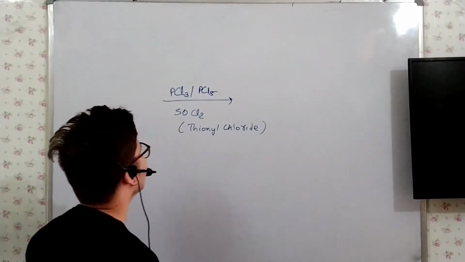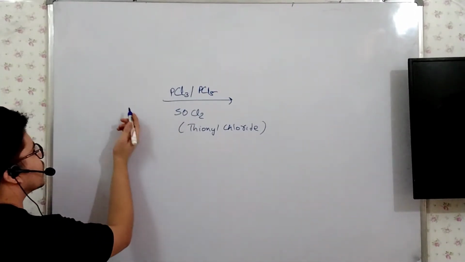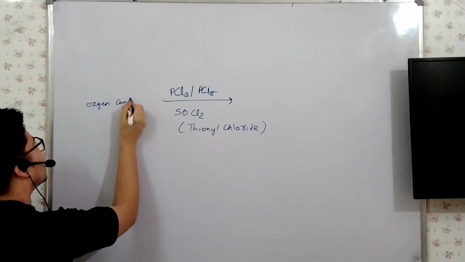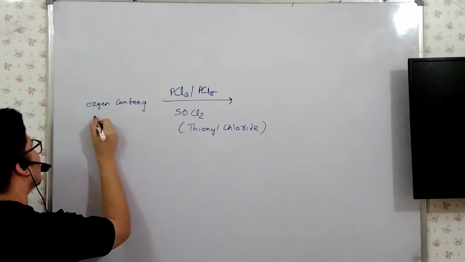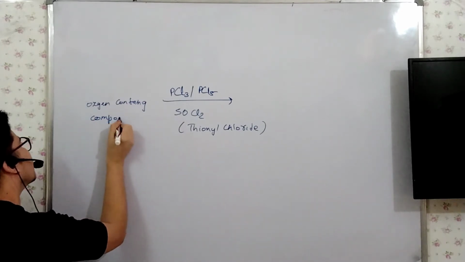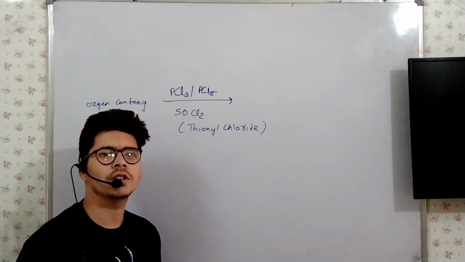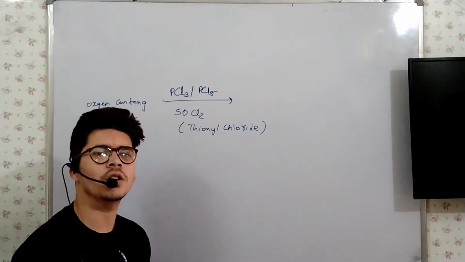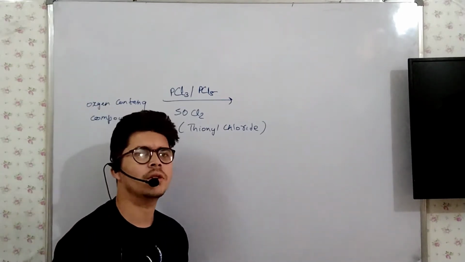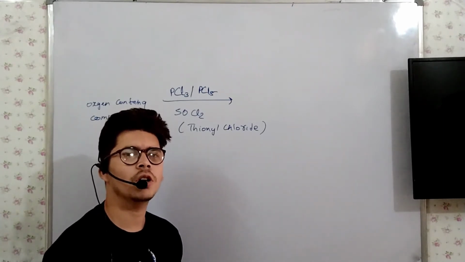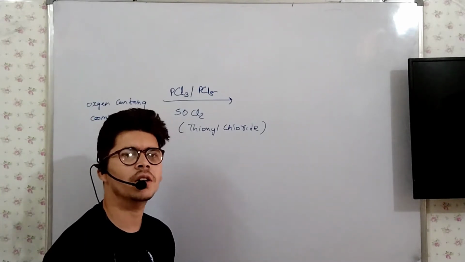So first of all, what is the reactant for this type of reaction? The reactant is oxygen containing compounds. That may be alcohol, aldehyde, ether or any other oxygen containing compound. For solving this type of question we have a mechanism also, but to solve it easily without wasting much time, we can remember 4 points easily.